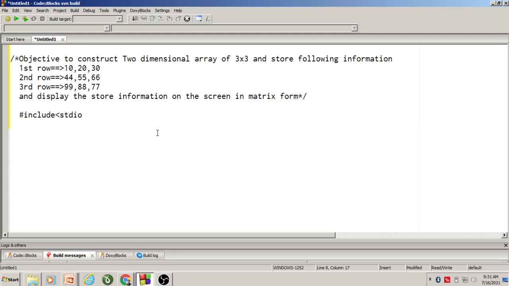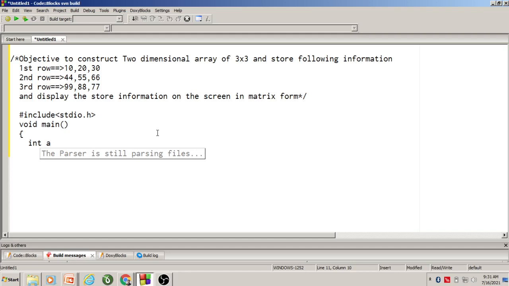stdio.h. This is the first statement, and after that we write void main. This instruction will mark the beginning of the execution. And one more thing, all the information they have given here is in the form of integers, so I have taken the integer data type.